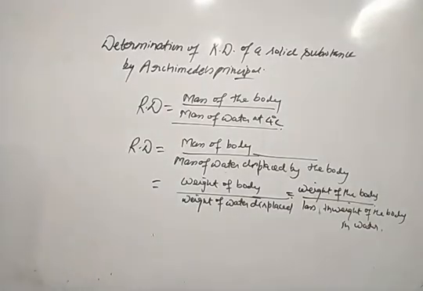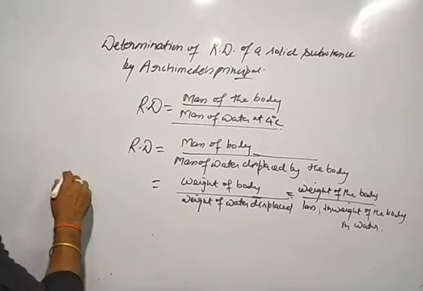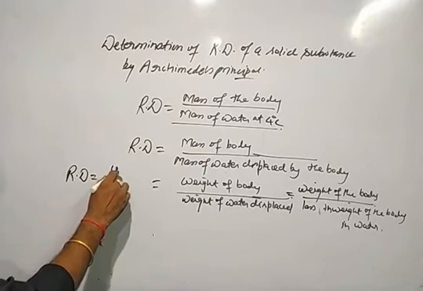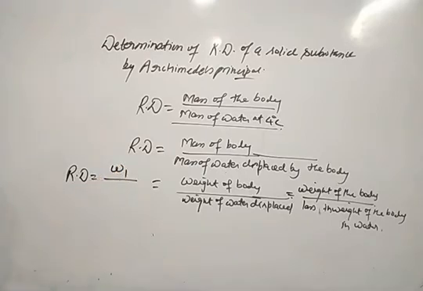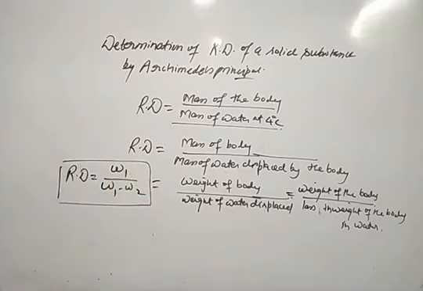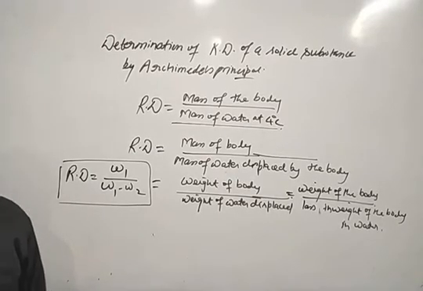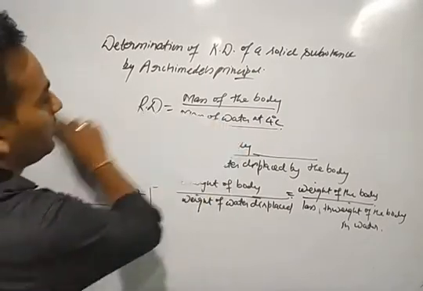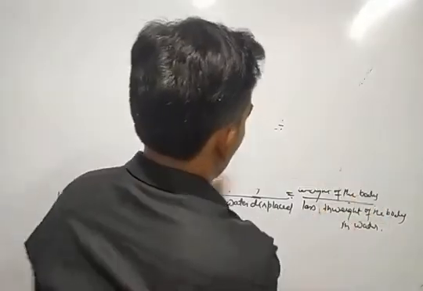So, we can say relative density is equal to weight of the body in air upon weight of the body in air minus weight of the body in water, that is W1 minus W2. This formula also we will use directly to solve the numericals. Okay. So, this was some basic concept about relative density, density and Archimedes principle also. Some more points are there. One formula is there. Let us finish it in this lecture only.